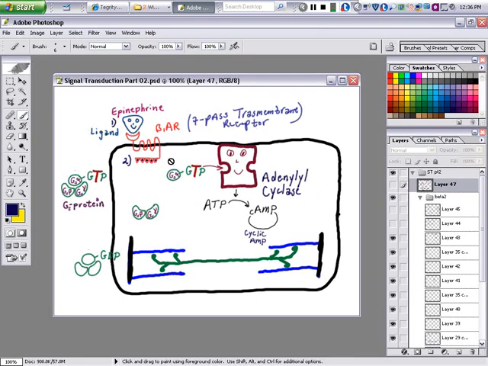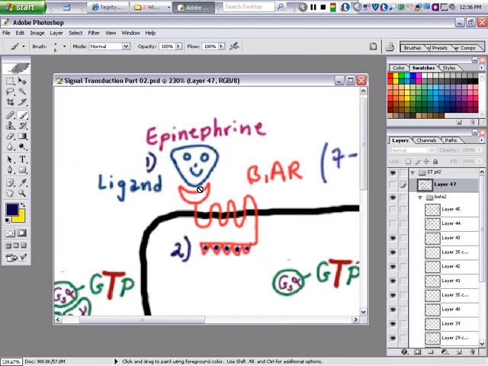Okay, now, scientists came up, during these early studies, they came up with this term to describe the chemical that increases concentration inside the cell. And so what they said, okay, if we add epinephrine, it would be like me saying, let's see here. It would be like me saying, okay, I'm going to tell Shelby something, and I want Shelby to give that message to Shaw. Okay? And so I would be the first messenger, because I would give the message to Shelby, and then Shelby would be the